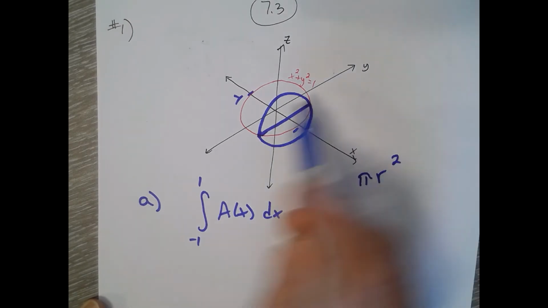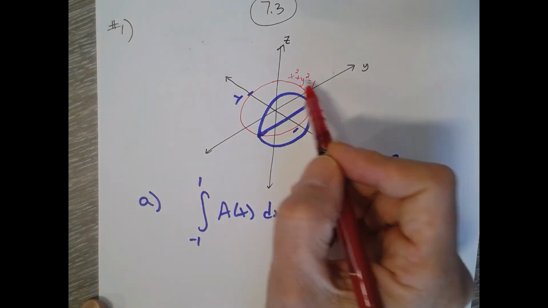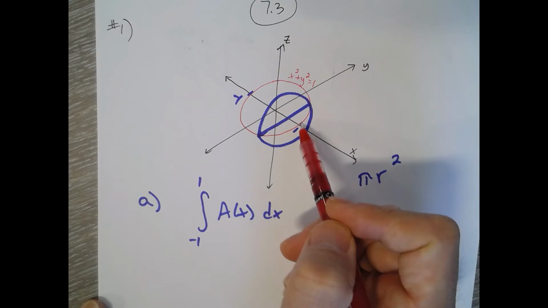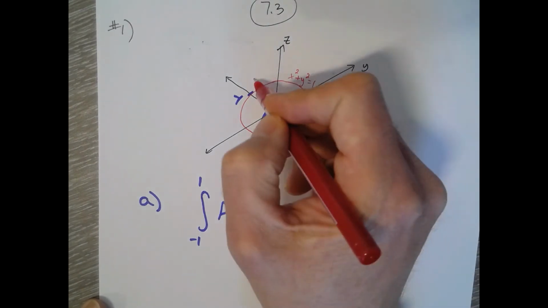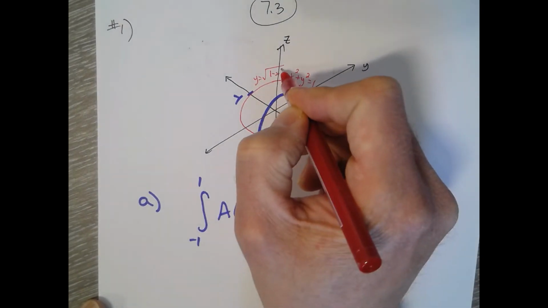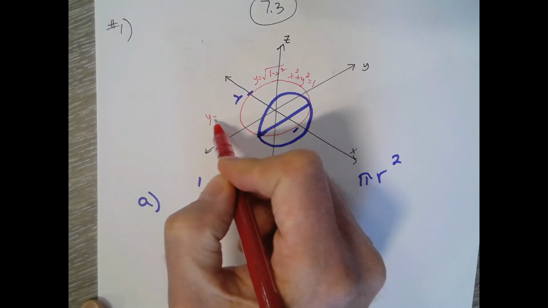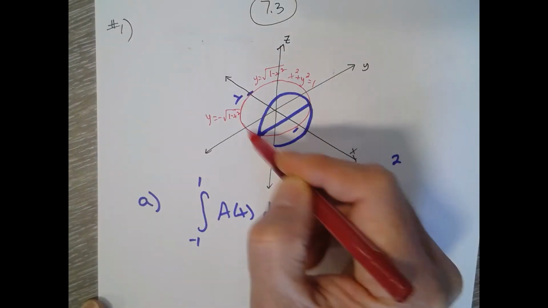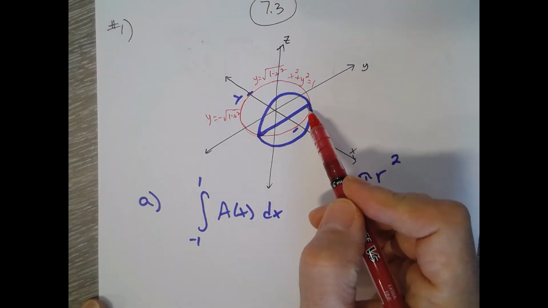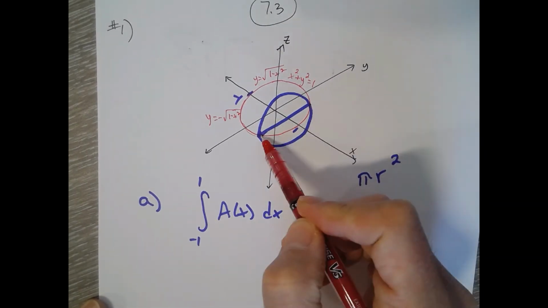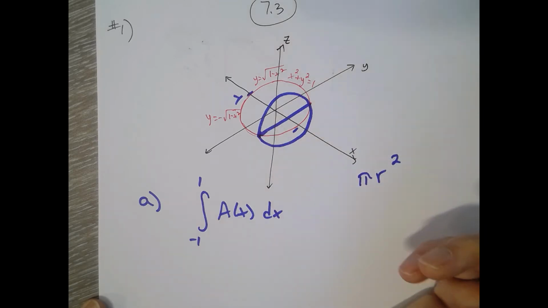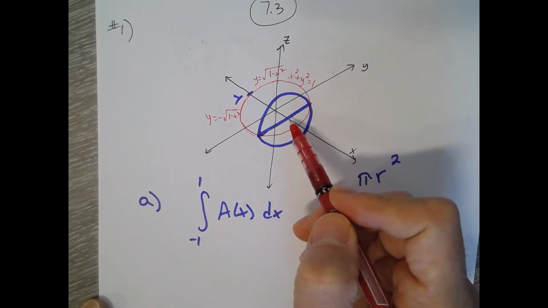So we have this red circle, which is not a function, it's a combination of two functions. At the top of it is going to be y equals the square root of 1 minus x squared, and the bottom is going to be y equals negative square root of 1 minus x squared. That's the bottom of the circle right here. So this diameter is going to be top minus bottom, so that y minus that y. So the whole diameter is